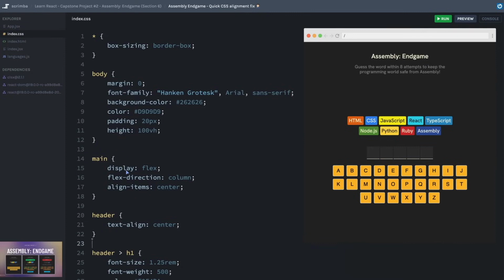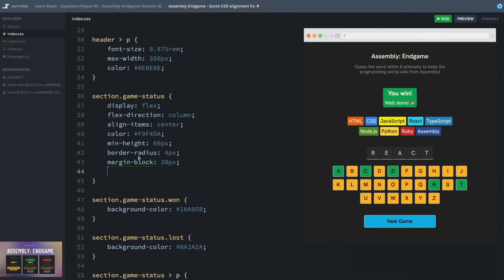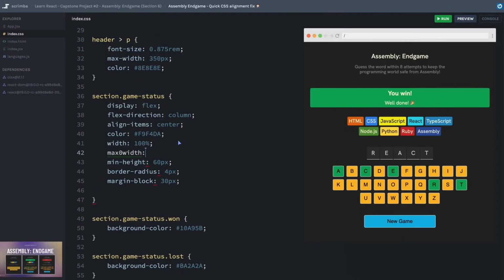Making the main element its own flex container does introduce a new problem. If I win the game, we can see that our status message is really tiny now. It's being compressed to only fit the space that it has. And so something we might want to add to our section with a game status right here is, and I'll group these with the other sizing properties, we'll say the width should be 100%, but we will also set a max width, and just need to spell that right, of 350 pixels. That is looking much better, and everything seems to be in harmony now. Again, I apologize for anyone who was just wringing their hands at the misalignment. I know that would have bugged me if I were in your shoes.